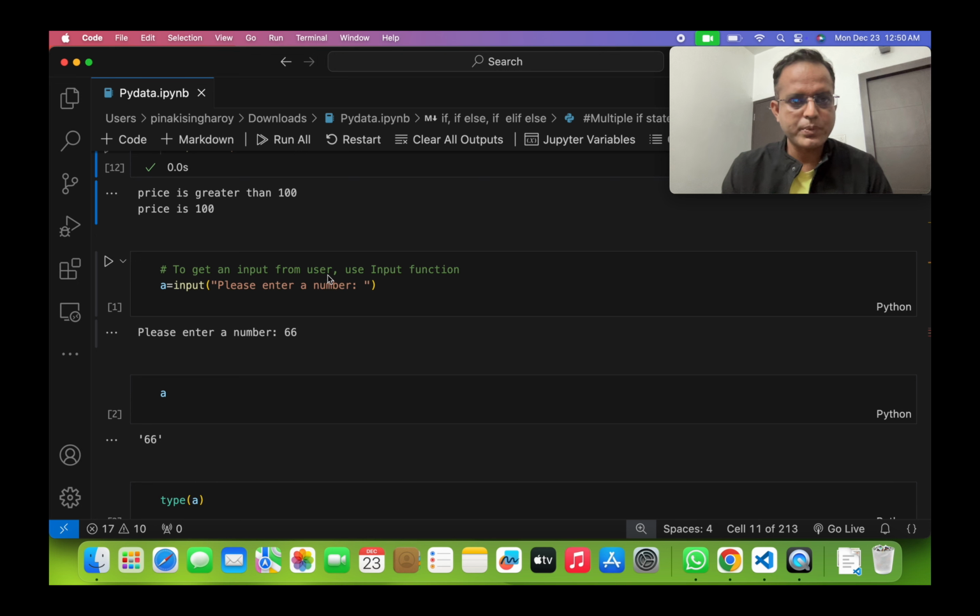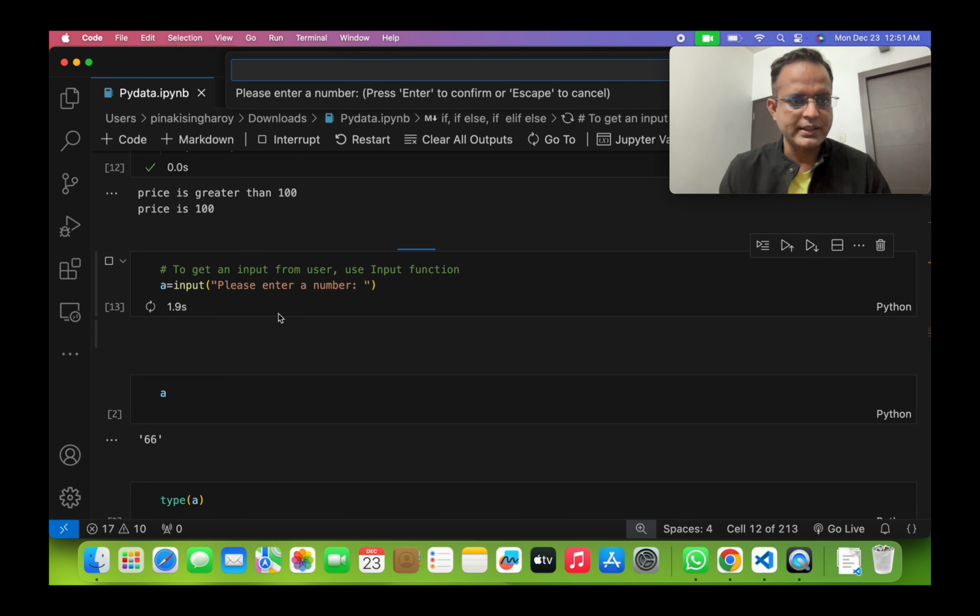Then, to get an input from users, how does the user input function work? We can see a is equal to input, please enter a number. So a is equal to input, then within the first bracket we use double inverted commas, and we just write down please enter a number, whatever statement you want to write, then colon, then a gap. Then if I run that program, we can see